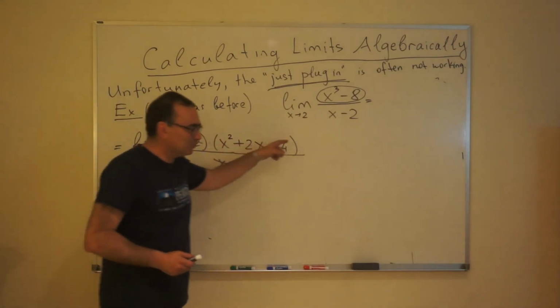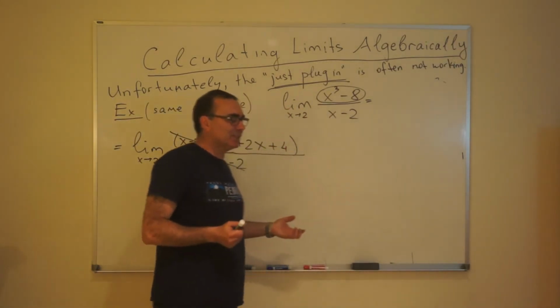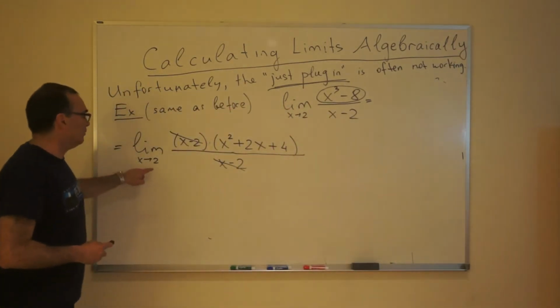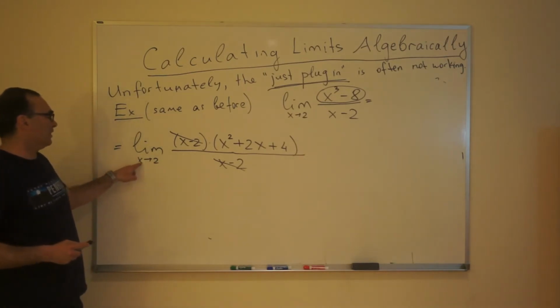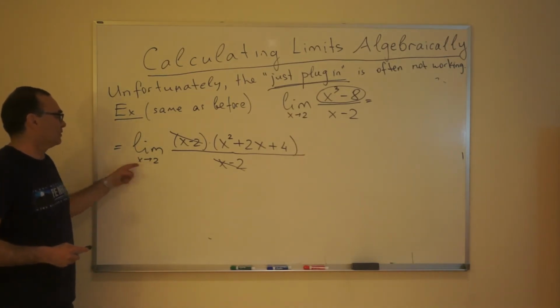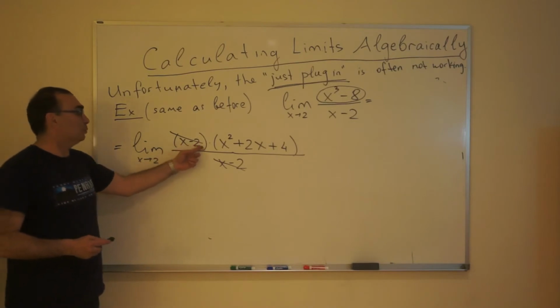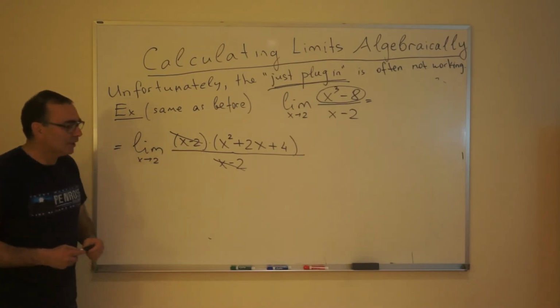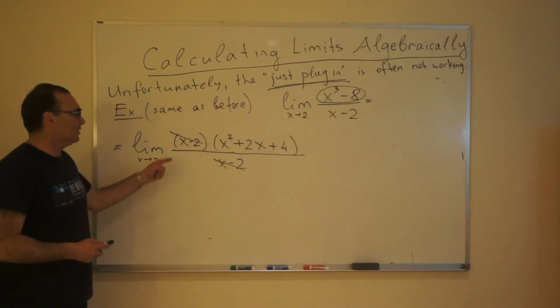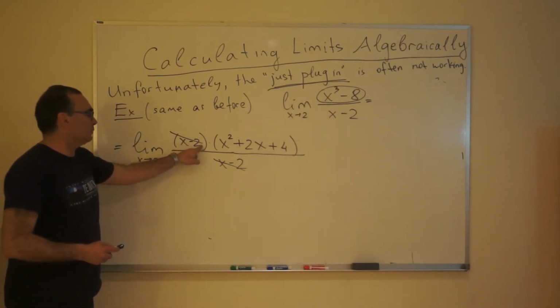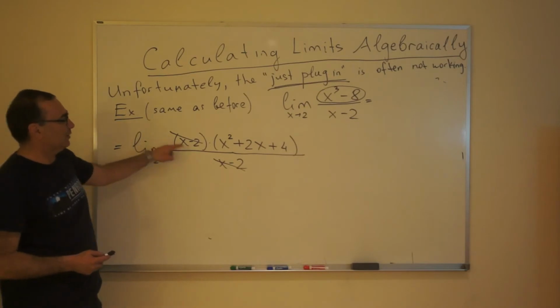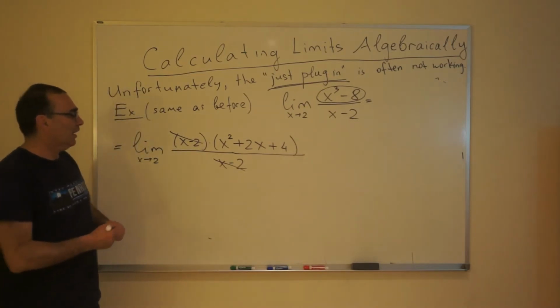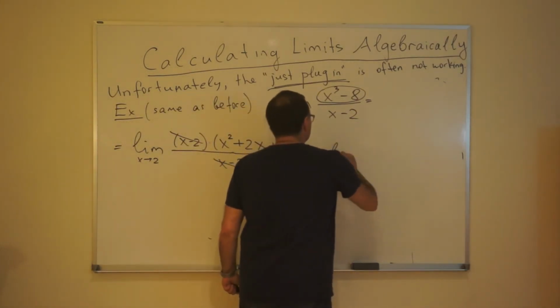Earlier we did plug in 2 to solve the limit, but it was just a trick, so it's not really what a limit is. When we talk about a limit, we don't really plug in exactly x equals 2, only close, like 2.1. And if we plug in 2.1 or 2.01 or 1.9, it will never be exactly 2. It will be close, but not quite exactly 0. So x minus 2 will be close to 0, but not quite exactly 0. Therefore, yes, we can cancel it. And now let's see what happens next. After we have cancelled,